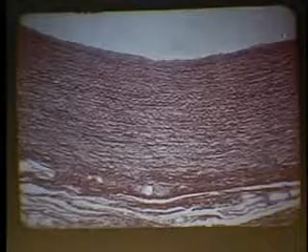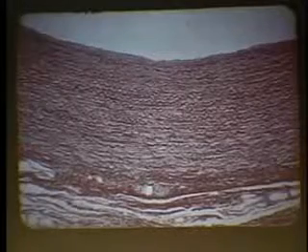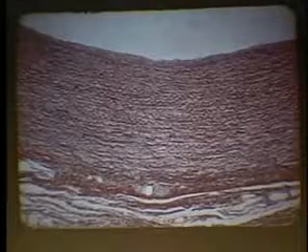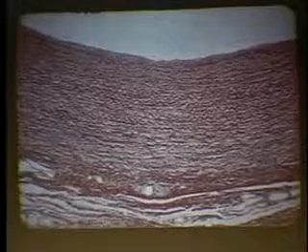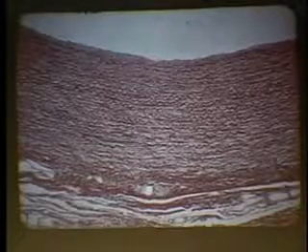This is an elastic artery. This is the lumen. The endothelial cells are here, very thin, but all the wavy lines are elastic fibers. You can see that there's one layer, then the middle layer, then the outer layer. There are so many elastic fibers. In contrast to a muscular artery, next slide,